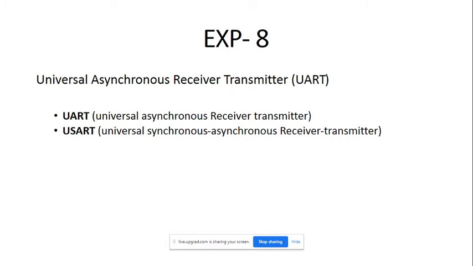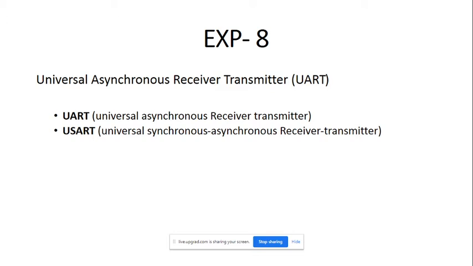Now to support this serial communication, there are various modules available in the 18F4520. One module is the UART module. Second, there is the I2C module and the SPI module. In this fashion, the CAN module is also there, which supports serial communication.